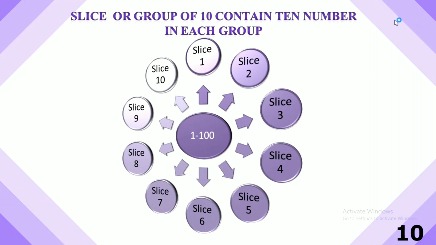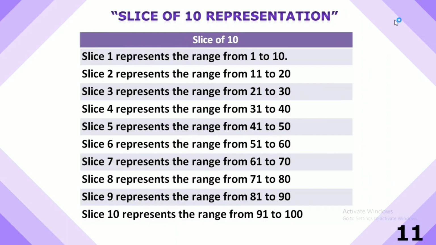Before moving further, let's take a closer look at the concept of the slice of 10. The entire range of numbers from 1 to 100 is divided into 10 groups or slices, each comprising 10 consecutive numbers. Here are the representations for each slice. Slice 1 represents the range from 1 to 10. Slice 2 represents the range from 11 to 20, and so on,